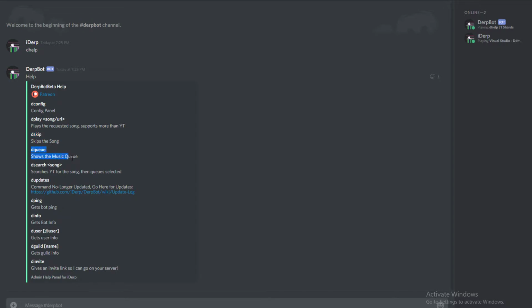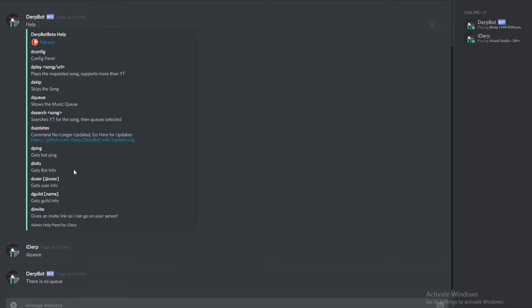Now the queue obviously is the music queue, and it shows what songs are playing, and if there's none playing, like right now, it will just say there's no queue. Now search will search YouTube for a song, and it will give you a list of 4 different ones you can select from. It does take a moment when searching, because it does have to find 4 different results from YouTube DL. Why do I have to use that and not something else faster? Because when switching over to .NET Core, which is better for the bot in the long run, I was not able to use the one I used to use, but it still works. Also, music plays pretty fast because it's actually streaming it, it's not downloading it.